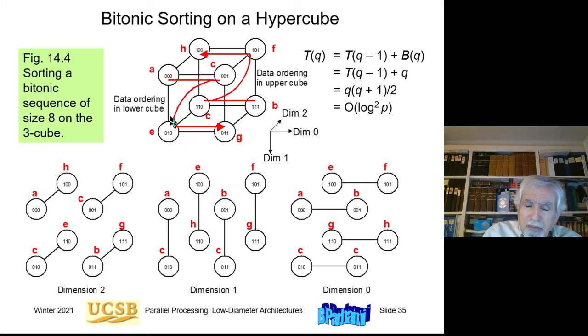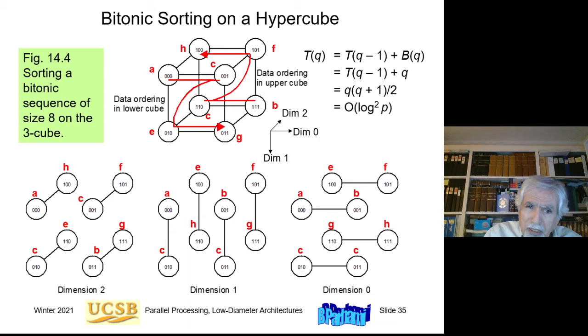So here is the algorithm in action. I already assumed that I've sorted this half sequence A, C, E, G, and this half sequence B, C, F, H. Communicate along dimension 2. So dimension 2 is in this direction. Dimension 1 is vertical. Dimension 0 is horizontal. Communicate along dimension 2: basically the processor that has the smaller ID keeps the smaller of the two elements, and the one that has the larger ID